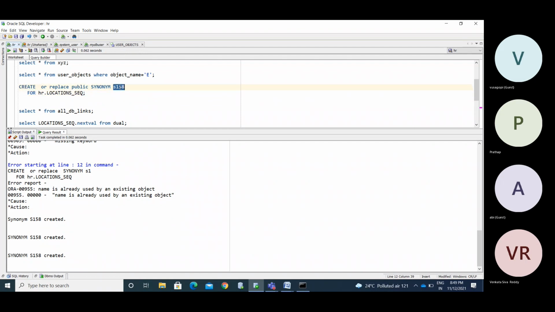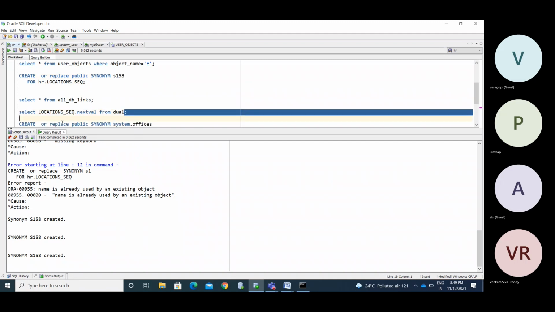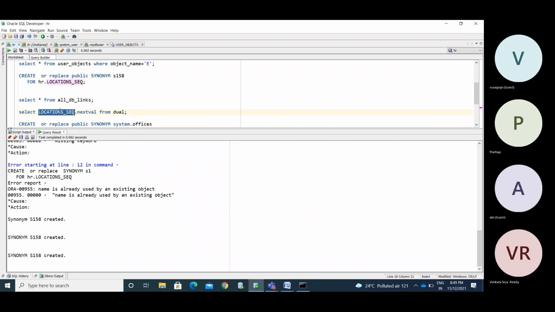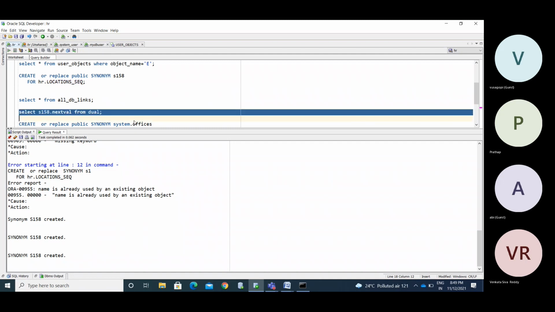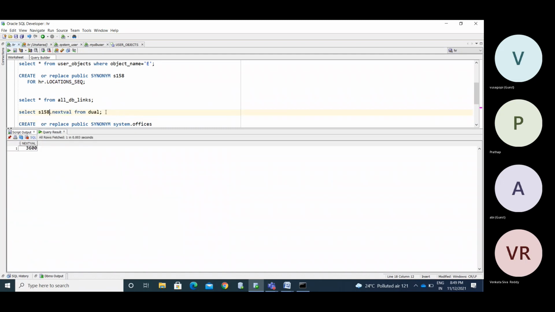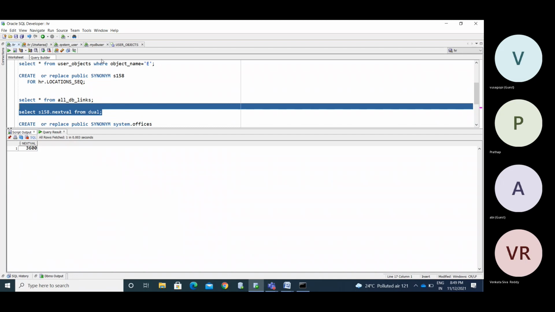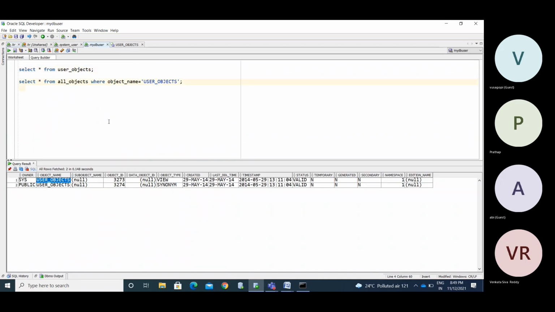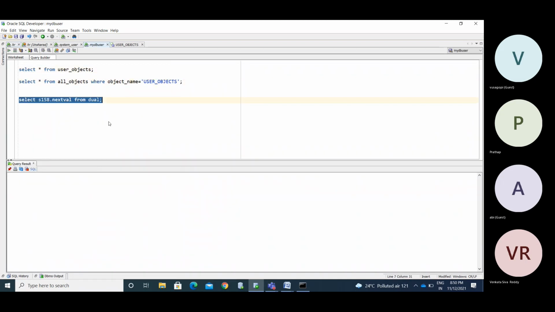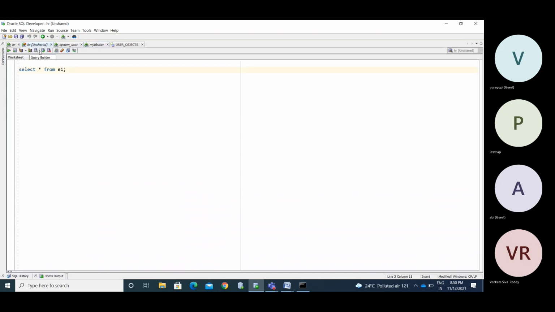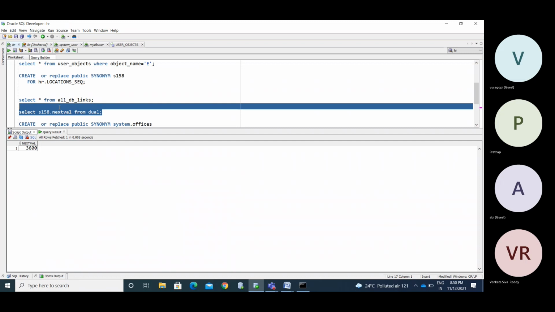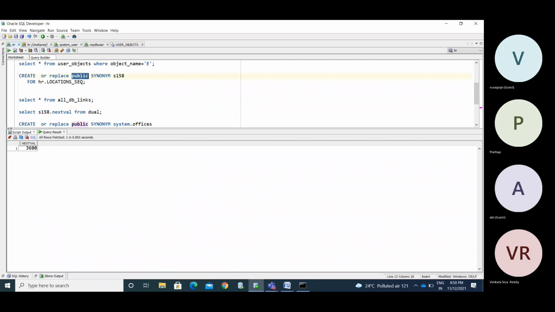See, now I created the sequence like 518 as a public synonym. Now I am calling this from the HR user, and I am getting the data. Again, I am calling from the DB user, getting the data. Now I am making it a private synonym.